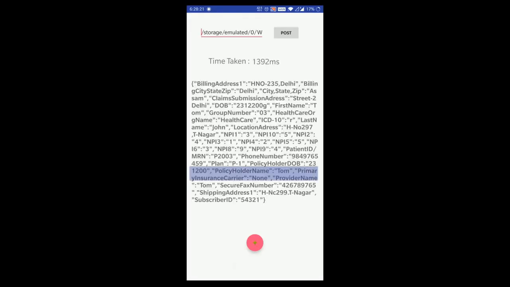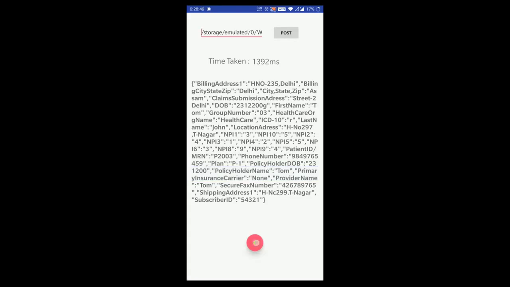The name Tom is appearing, and at the top you can see that Assam is also coming clearly, the Delhi address is coming clearly, the DOB is coming clearly, all the fields are perfect. We are getting everything nice out there, and I think this works fantastically with all sorts of handwritings. We tested it with a variety of handwritings, and it works nicely with uppercase letters, lowercase letters, and a combination of upper and lowercase letters.